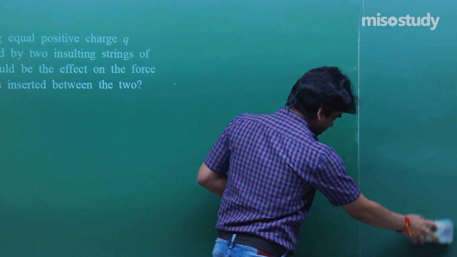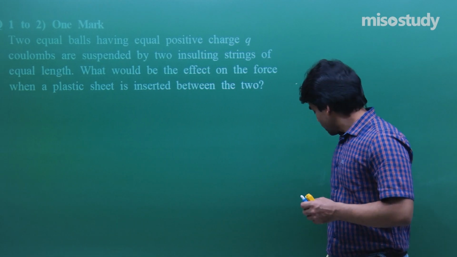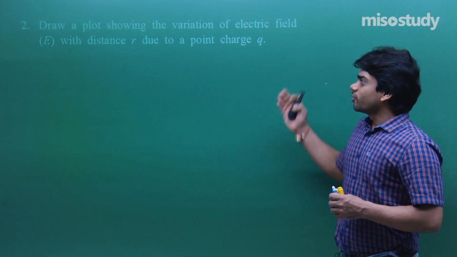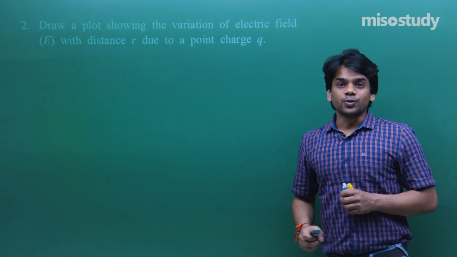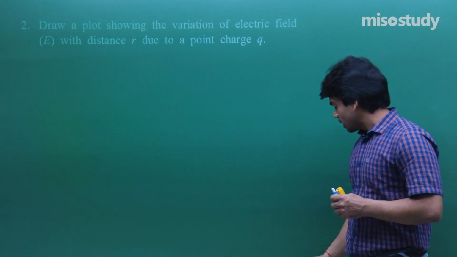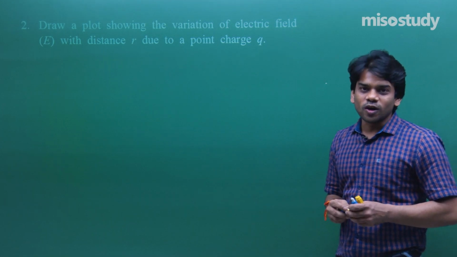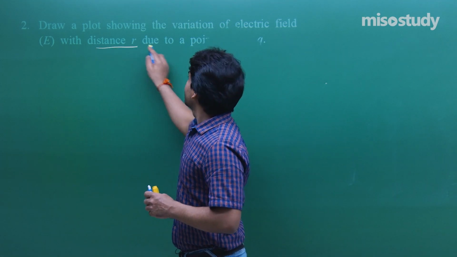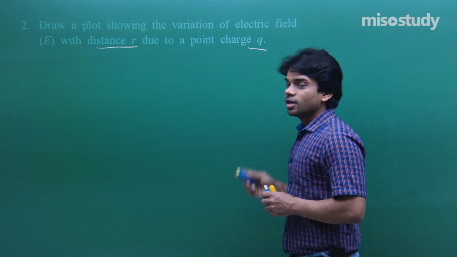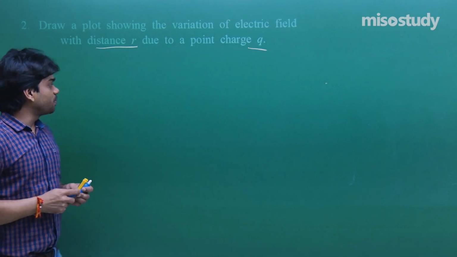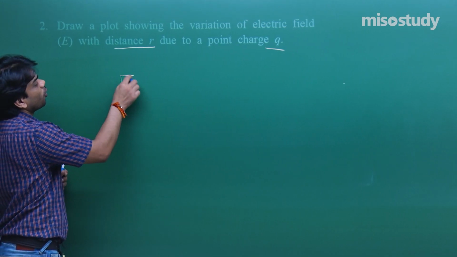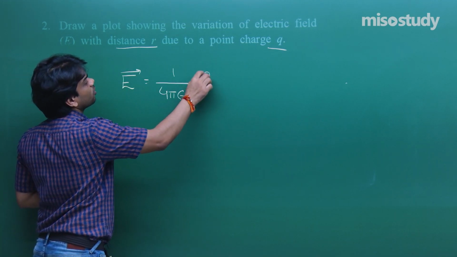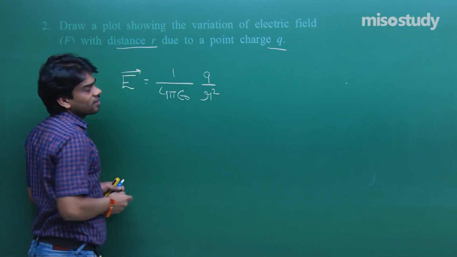Let's go ahead with the next question of the class. And the next question we have: draw a plot showing the variation of electric field with distance r due to a point charge q. Very simple, it's a 1 mark question again, and very simple to draw this variation of electric field due to a point charge q. First of all, distance r, point charge q. Let me give you the formula to express the electric field due to a point charge. It's given by E equals 1 upon 4 pi epsilon naught, Q by R squared,